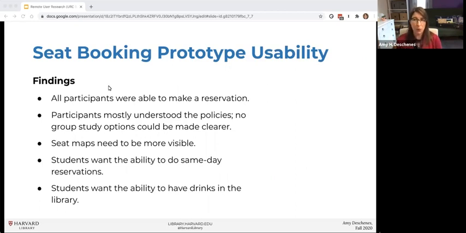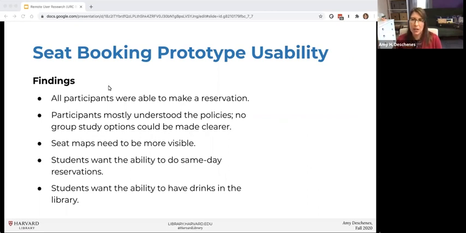So you can book a room, you just cannot co-study with another person right now. So we've made that clearer by the room picture that we have just has one seat in it rather than having a group of seats. And we have increased the visibility of the information that this is for single student studying only at this time. Another change that people would have liked to see, seat maps needed to be made more visible. So we increased the visibility of those links.